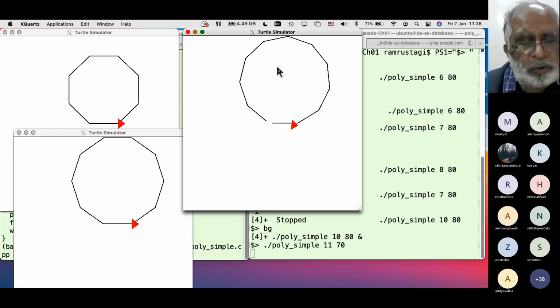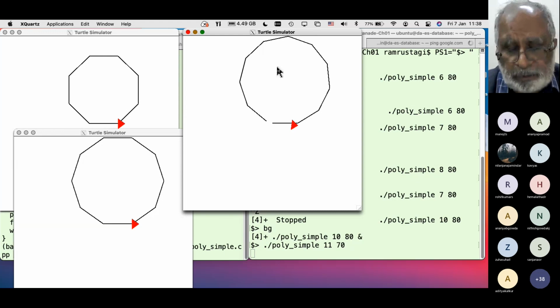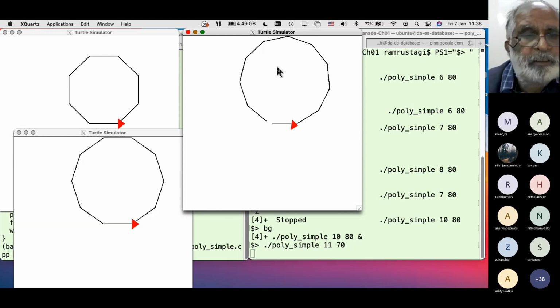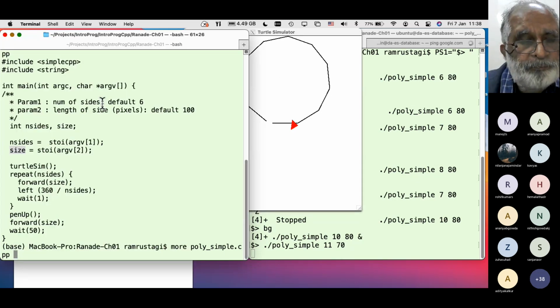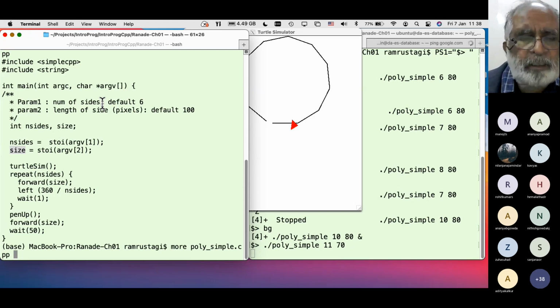You see the gap when you draw 7. Any thoughts what could be happening? This is the program. Why is it that I get the gap only with 7 and 11, but not with 8, 9, 10, or even 12?